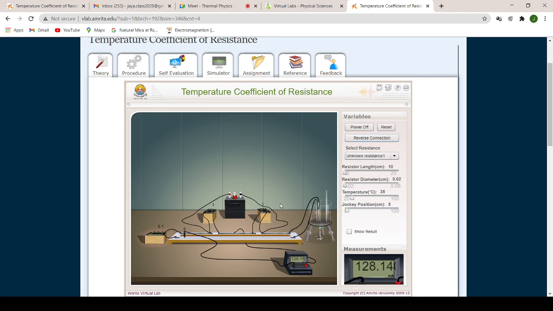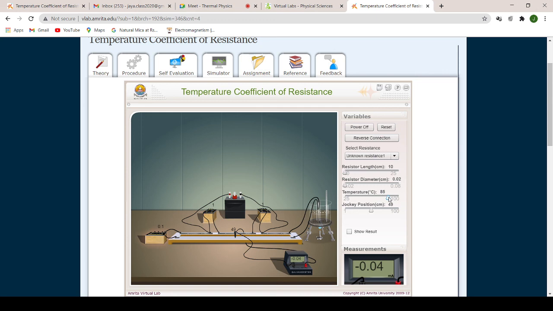Then change the temperature to 45. Now once again you find out the balancing length. It is 49. Again it is 49. Let us see now. I'll reverse it. Okay, let it be like this. Let me go to a higher temperature and see if there is any difference. Not much of a difference at all. It is coming to about 49 only.